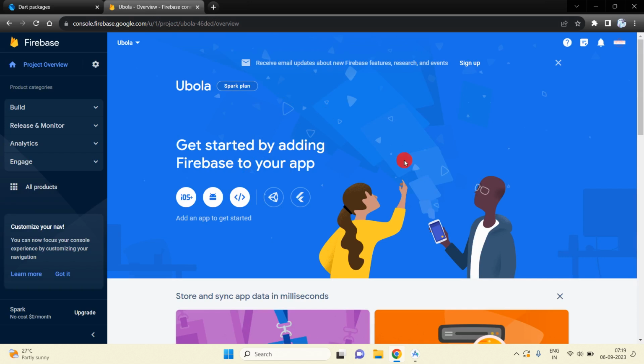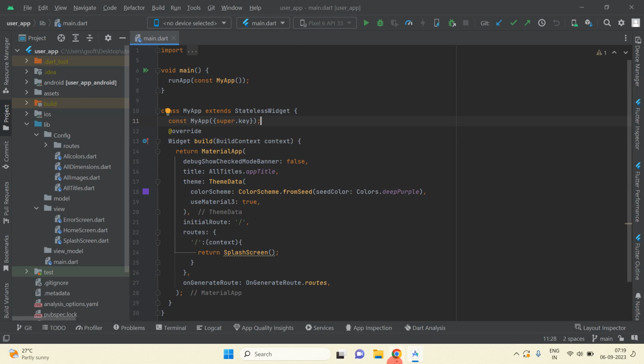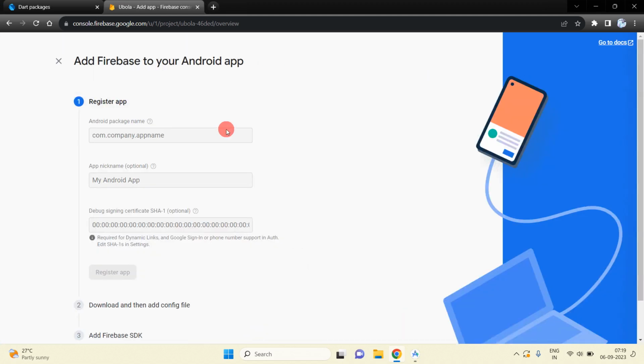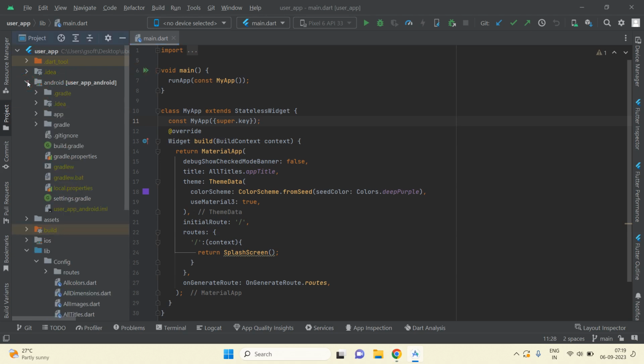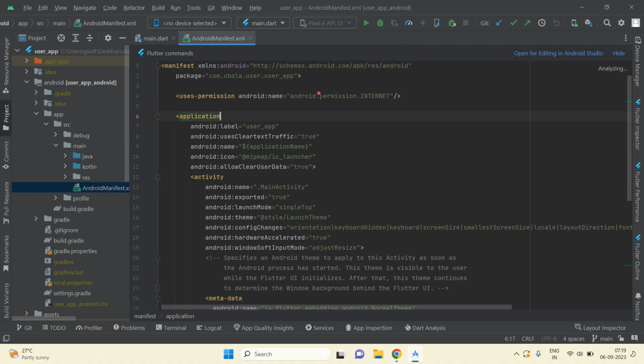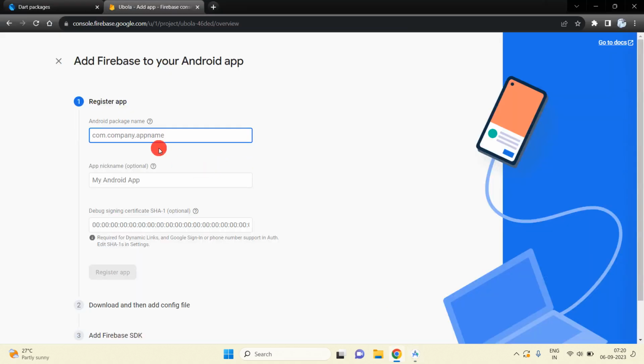Okay, so now I'm going to add our application. Firstly I'm going to add this user application. So just click on this Android icon, then we will get this type of interface. So here we will have to add the package name of this application. So in the Android section just go inside app section and then src, and then inside main you will get the Android manifest file. So here you can see the package name of this project. So just copy this and then paste here. Okay,